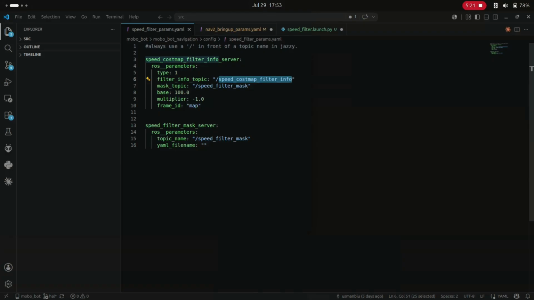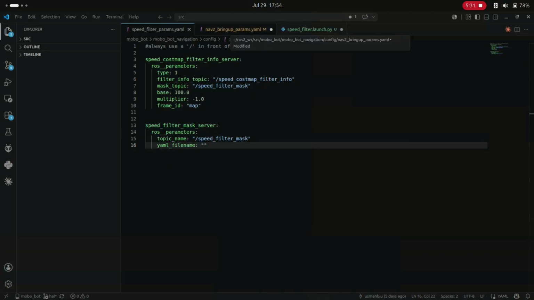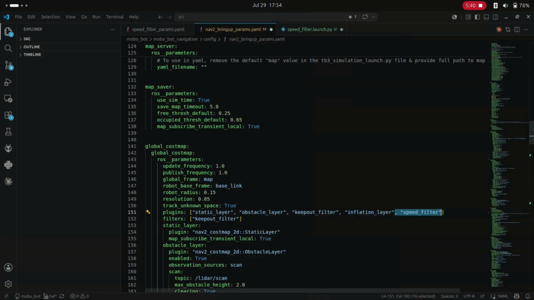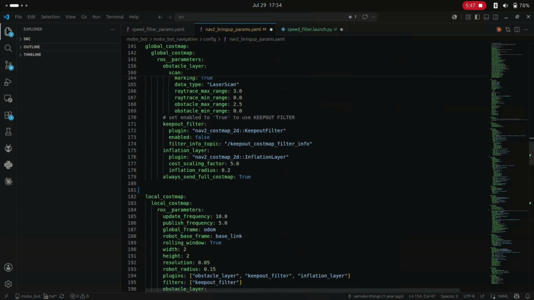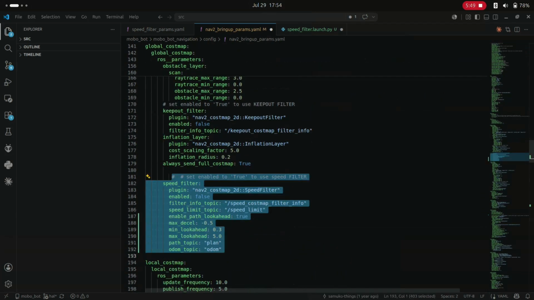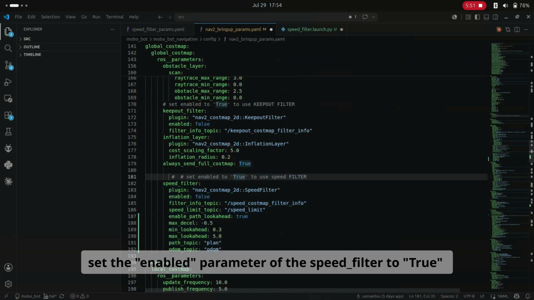We have our filter info topic and our mask topics. Make sure the mask topics are the same. Then we go into our configuration file for Nav2, and we need to add speed filter. We've added that. That's one of the plugins. Then we go to the bottom and set the parameters there, and remember our info topics and